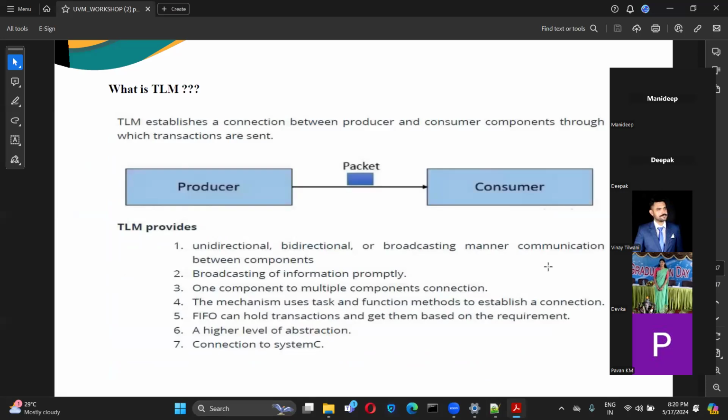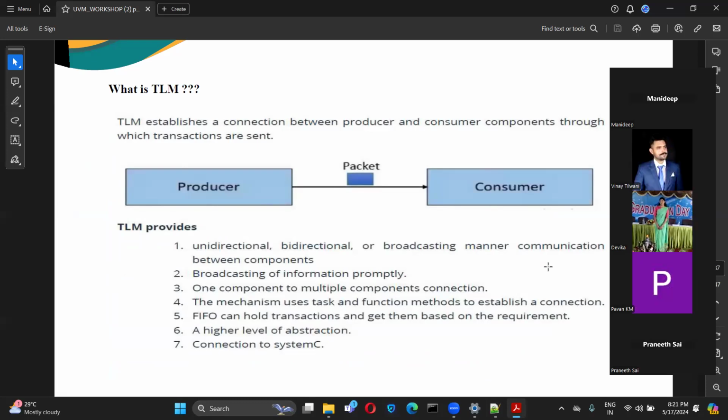So next comes the TLM. Can anyone tell what is TLM? What does TLM stand for? Transaction level modeling. Why is it called transaction level modeling?